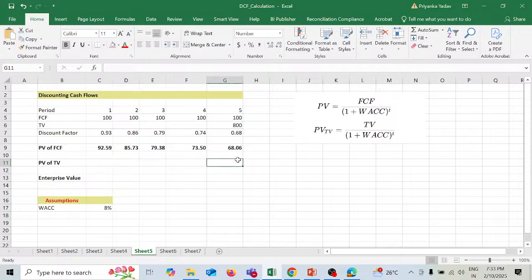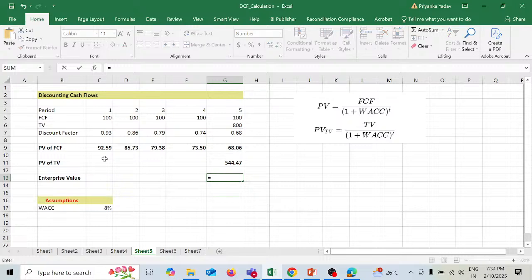Over here, this is for the last year, the 5th year we're going to pick up. This is the terminal value provided, multiplied with your discount factor. Now finally the enterprise value will be the summation of the entire present value of FCF and present value of your terminal value,